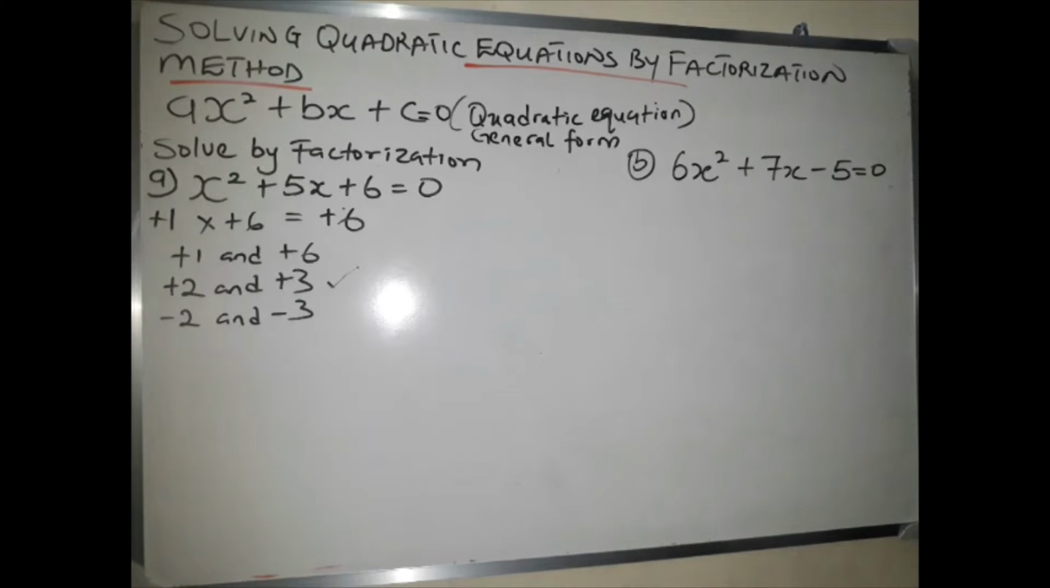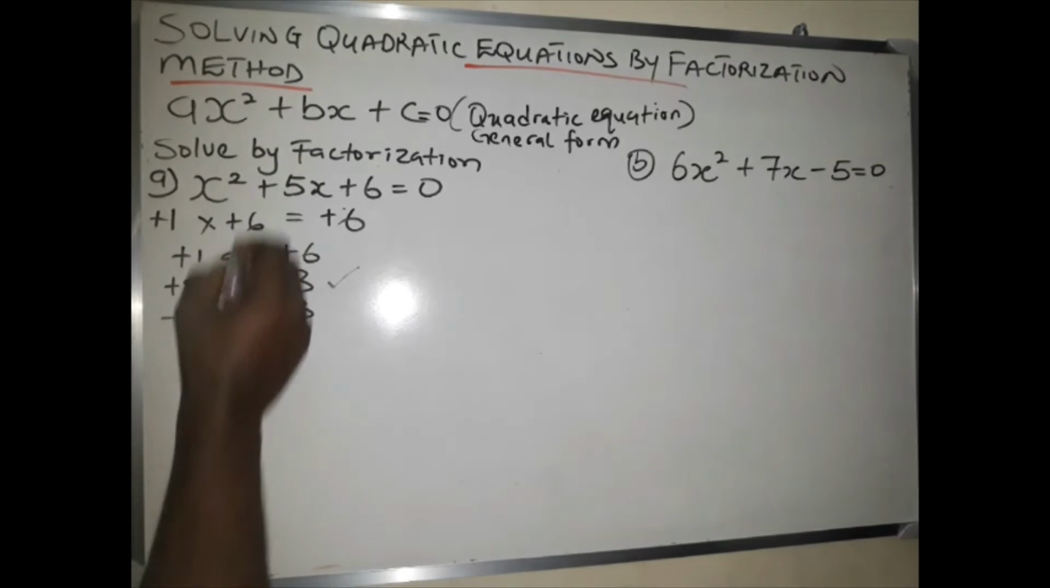Now, what do you do with these two numbers? You go back to the original equation, which is x squared plus 5x plus 6. You take out plus 5x, and then you replace it with plus 2x and plus 3x. Let me show it to you. You go back to the original equation,